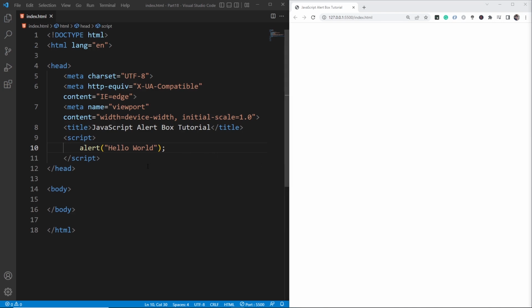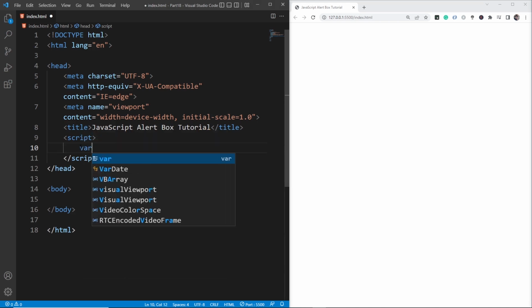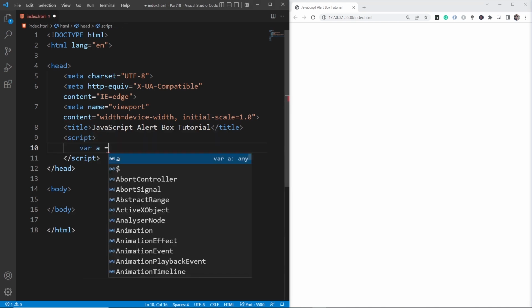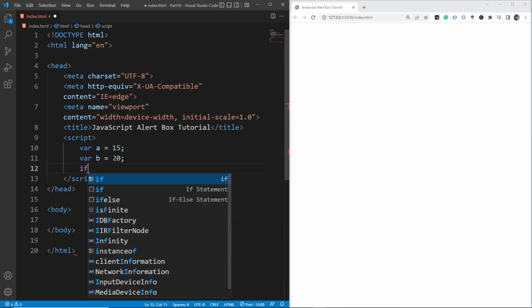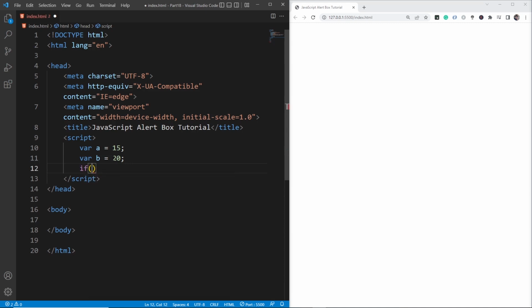So let's use the alert box with a condition. First I'm going to create two variables: var a assigned with 15, then a semicolon to end this line. Then I'm going to duplicate this line and our next variable name is b, and b is assigned with 20. And now I'm going to create an if condition: if, inside the round braces, a greater than b, then inside the curly braces